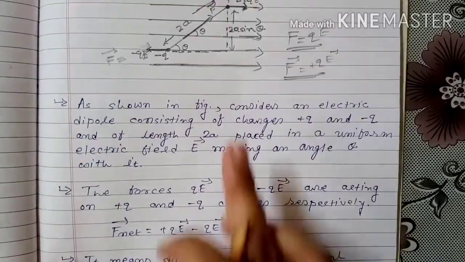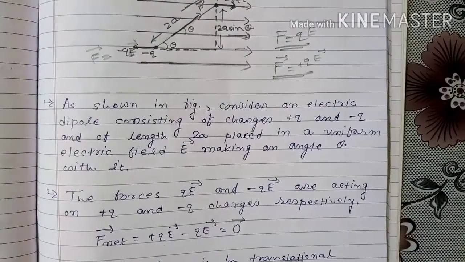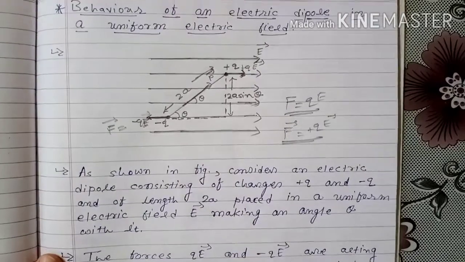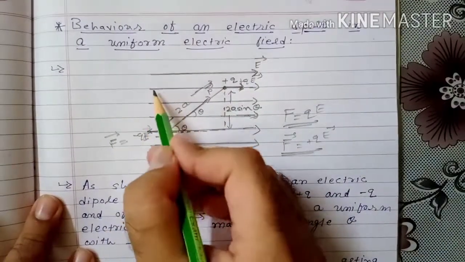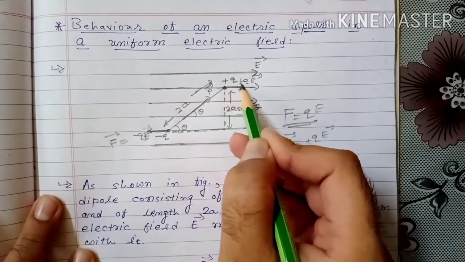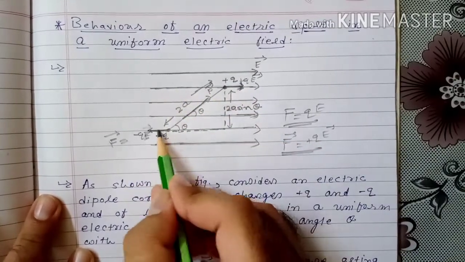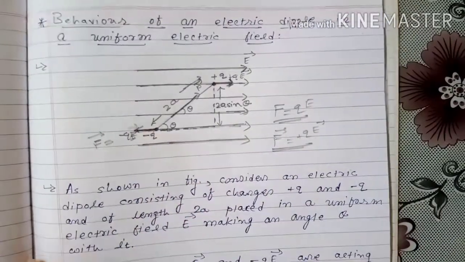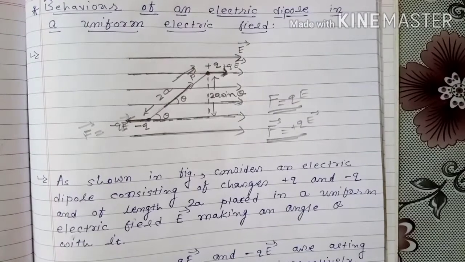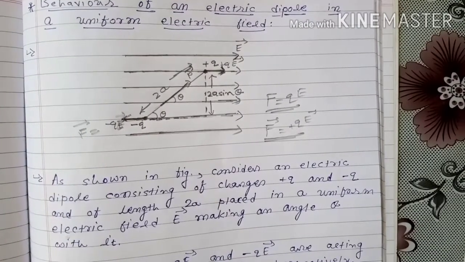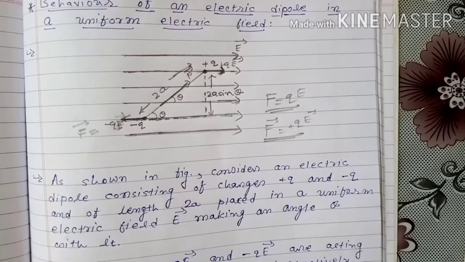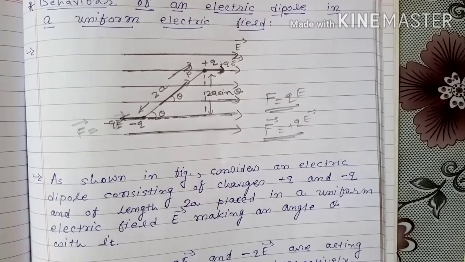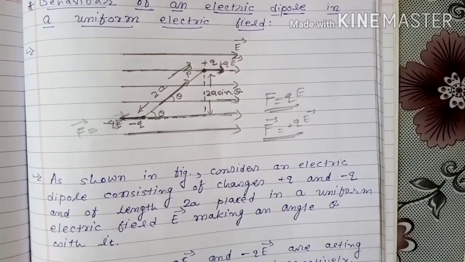Electric field is same, therefore force acting on positive charge and negative charge is same but in opposite direction. Here if we consider lines of action of force, then the line of action of force due to positive charge is this, and line of action of force due to negative charge is this. Both have different lines of action. It means they are non-collinear forces, and due to non-collinear forces what will be formed? Couple. And when a couple is formed, some torque will be exerted on the system.